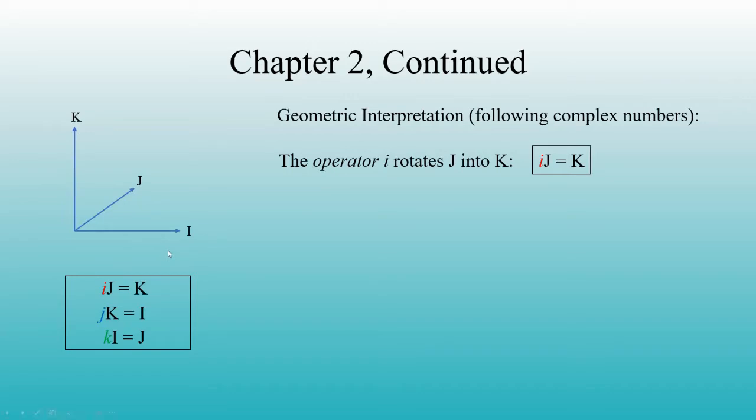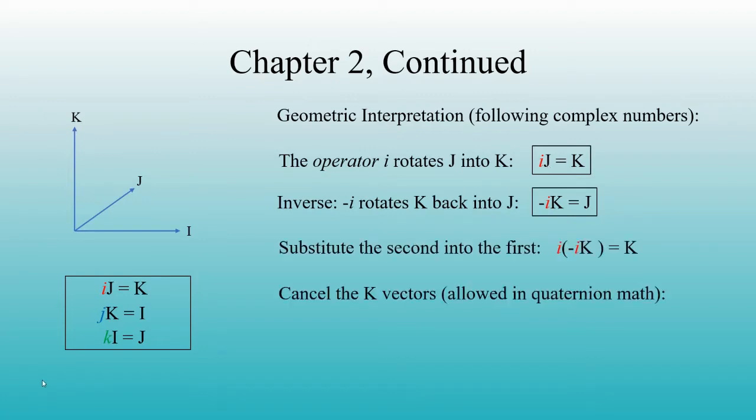Now, what is the inverse of this process? How do you rotate k into j? Well, it seems straightforward. You multiply k by negative i. Positive to go counterclockwise, negative to go clockwise. Let's bring some algebra into this geometry. Let us substitute j equals minus ik from the second equation into the first equation. We get this. Now we divide through by the unit vector k. Vector division is not allowed in our vector analysis, but it is in Hamilton's and Tait's. So we get this, which can be arranged as this.